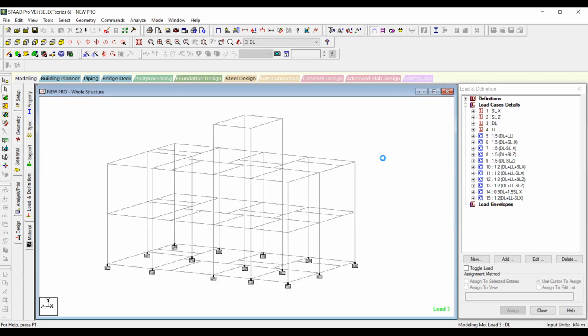I can do it, sir, but it's not working. It's not supporting. Okay, I will tell you one thing. Whatever problem is coming up in your system, just directly copy paste that sentence in YouTube and search for your answers. Always do this. Like the creation failed error that was there, just type that creation failed error in STAAD in YouTube. You will get lots of videos on that. Whatever error you are facing with your STAAD Editor, just type it. Try to do it on your own, searching and doing all those things.